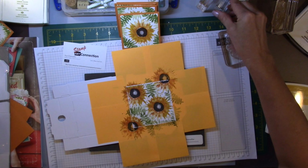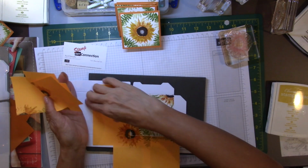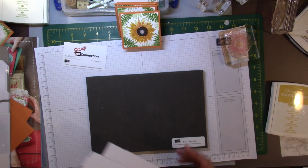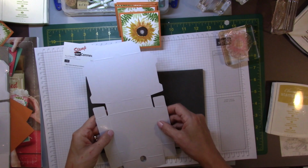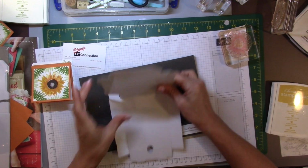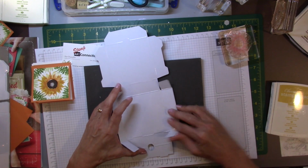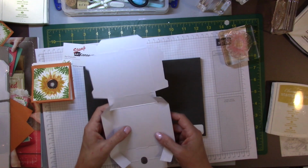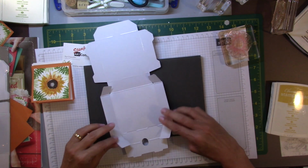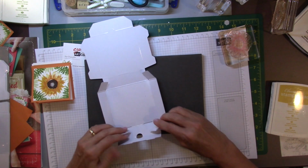Okay, so that's done. And now what we can do is let's remove our masking to reveal the top of our pizza box. Isn't that beautiful? So there's the top of our pizza box. So we can just go ahead and put this together. And the way we want to put it together is you just want to fold in your pieces like that, and these pieces go folded in this way, and you can see it's got a nice, I guess it's kind of like a plastic coating on the inside, so it is food safe. Okay, and the trick is to take this piece here and fold it down,